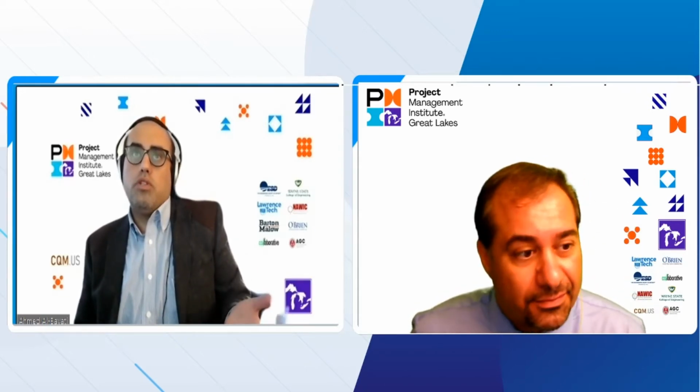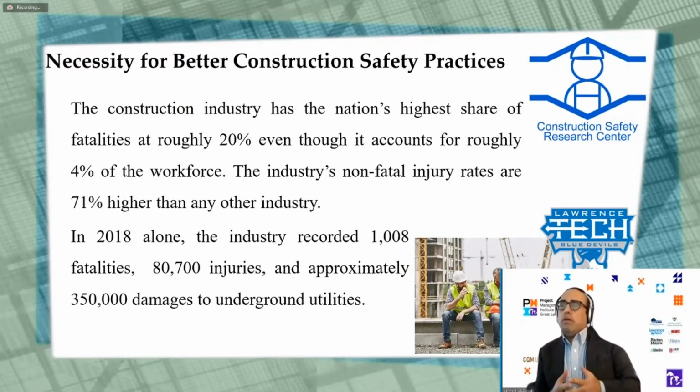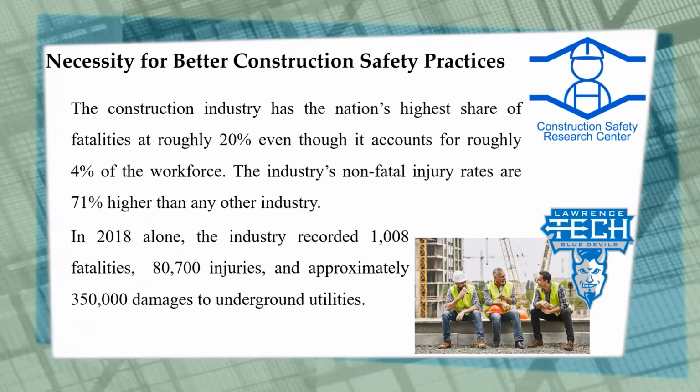This is the question. And it's because the construction industry, up to today, has the nation's highest share of fatalities at roughly 20% every year, even though it accounts for roughly only 4% of the workforce. The industry's non-fatal injury rates are again 70% higher than other industries. In 2018 alone, the industry recorded more than 1,000 fatalities on construction workplaces,